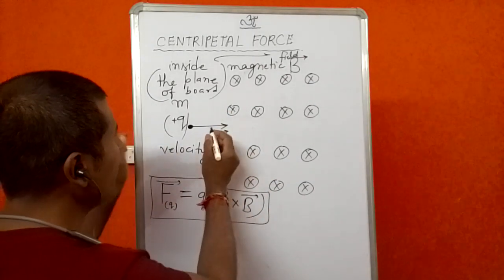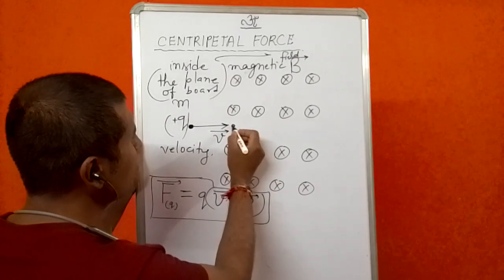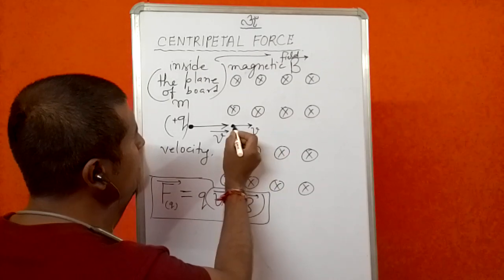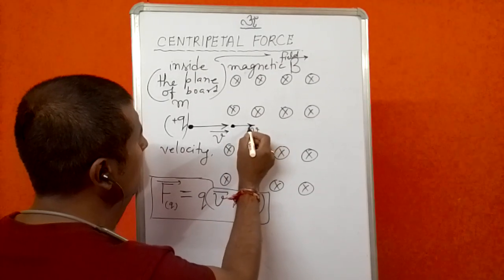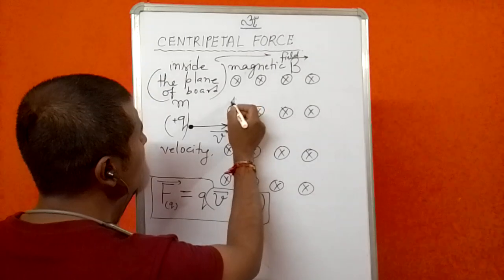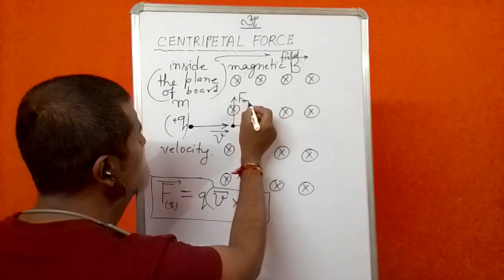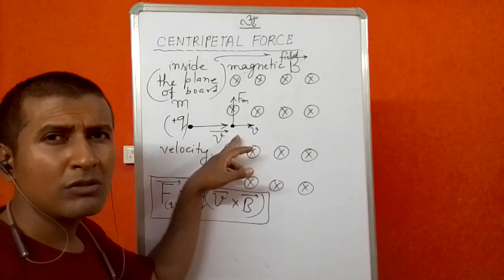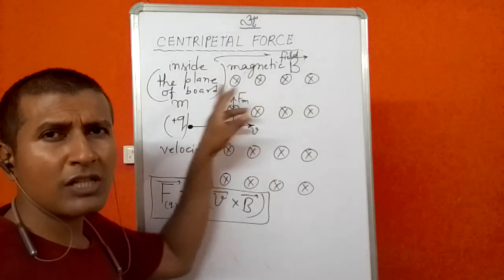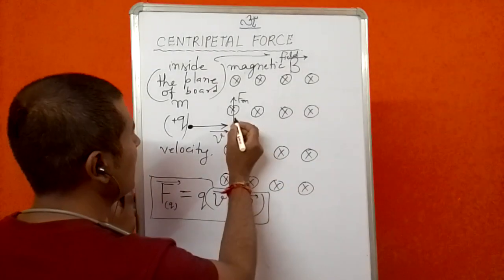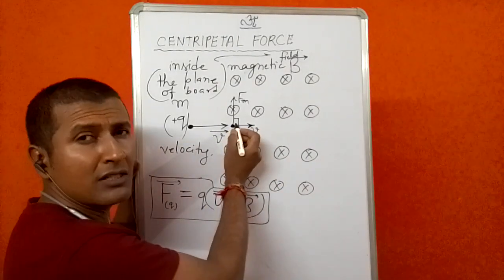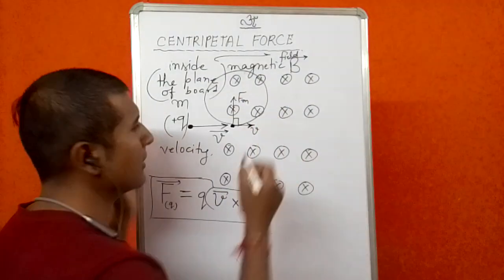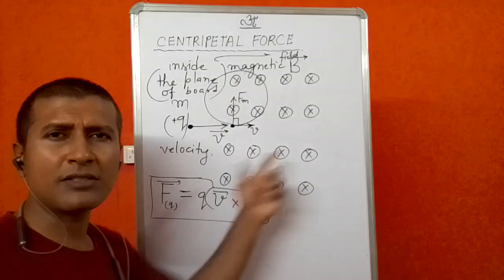Now when this happens, let's suppose the charge reaches here, its velocity is v here, right? And the force is applied in this direction, Fm. This is the magnetic force. So what will happen? This charge is bound to perform a uniform circular motion, right? Because this force is making a 90 degree angle with the velocity. So it will complete a circle. It will keep on revolving like this.